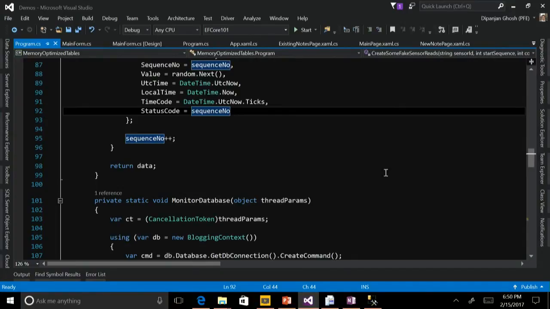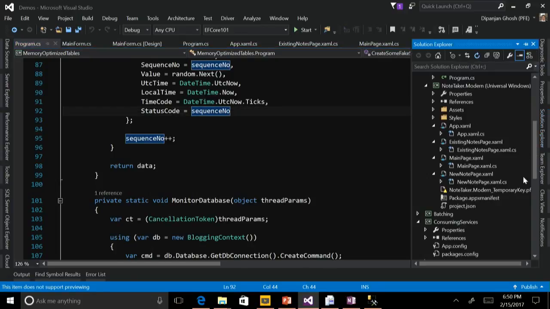Before I start, how many of you have used Entity Framework before? A lot of you. And about Core? Quite a few. Okay, cool. So this is perfect then. All right, so this one is